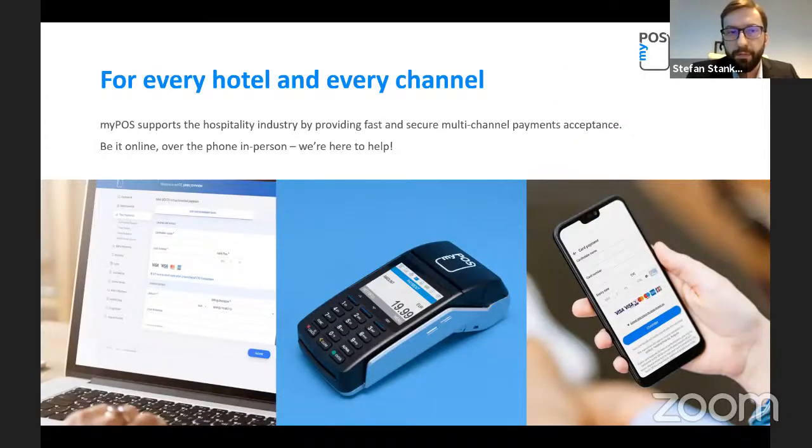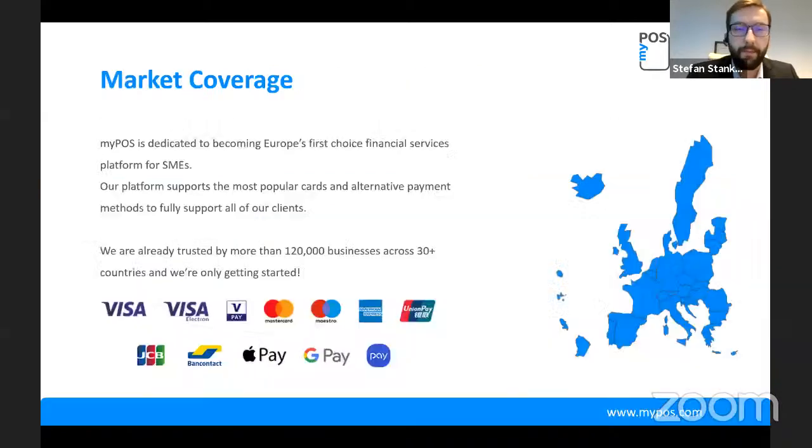How we help the hospitality business is we cover all channels. So whether it's your booking online, whether it's payments that you need to take in person in the hotel, or within an application, or if you want, you can just generate a link and send it to your customer via email, text, or messenger, Viber, WhatsApp, you name it, the preferred technology.